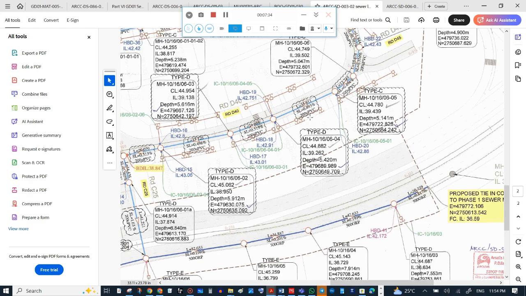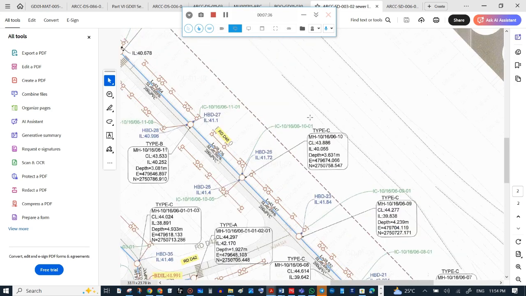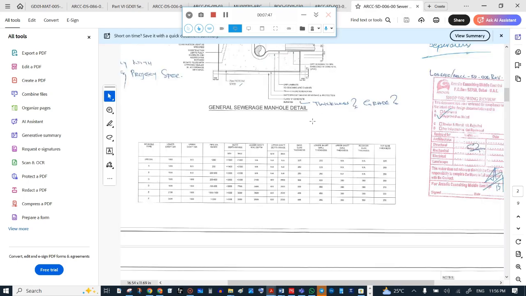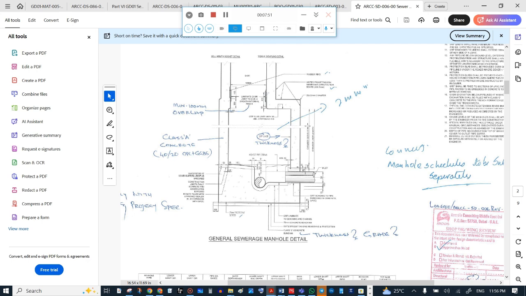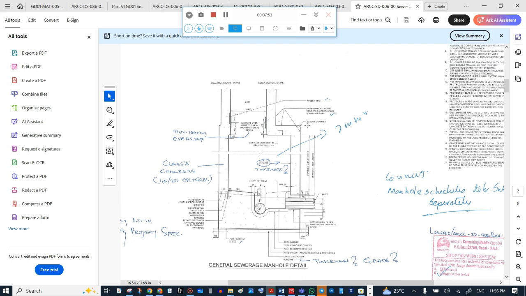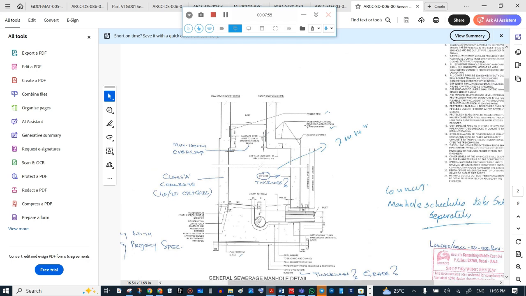Now we'll discuss the section of a sewer manhole. General section of a sewer manhole is shown here. We have a lower shaft and upper shaft there, and there is a